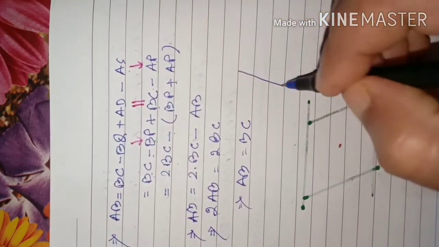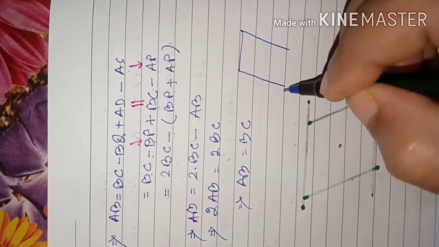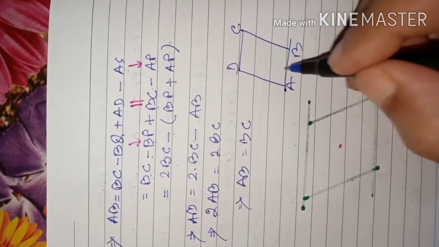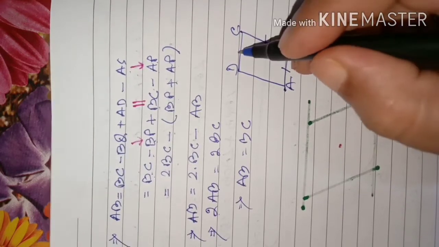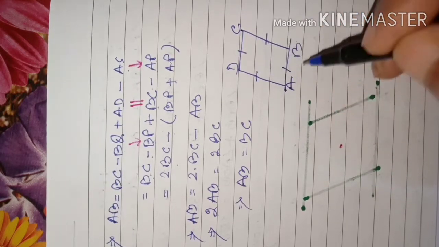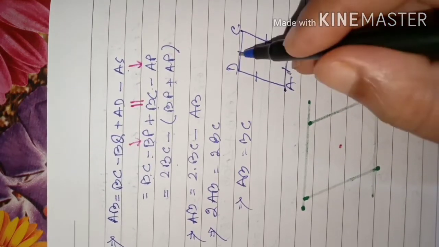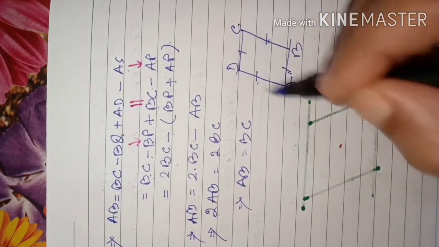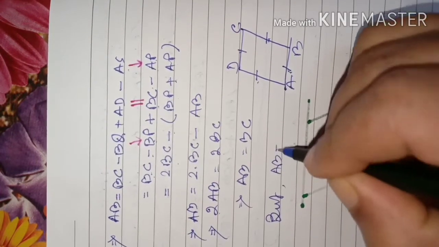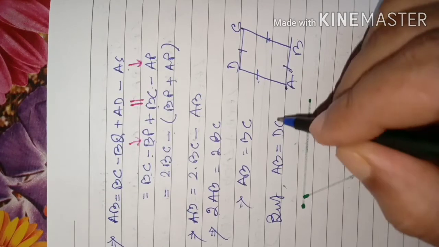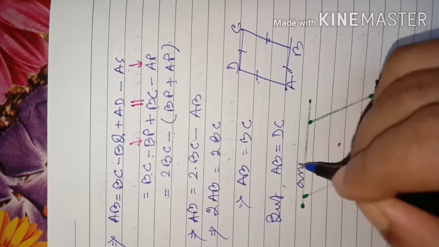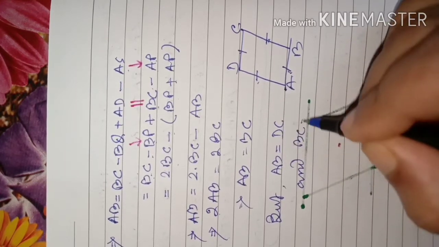This is parallelogram ABCD. A, B, C, D. Now we are arriving at AB equals BC. But AB is already equal to DC, because opposite sides of a parallelogram. Again this BC also equals AD. Then at the end what we got? AB equals BC, AB equals DC, BC equals AD. Then they are all equal to each other. You can say like this. Therefore, you can say BC is also equal to AD.